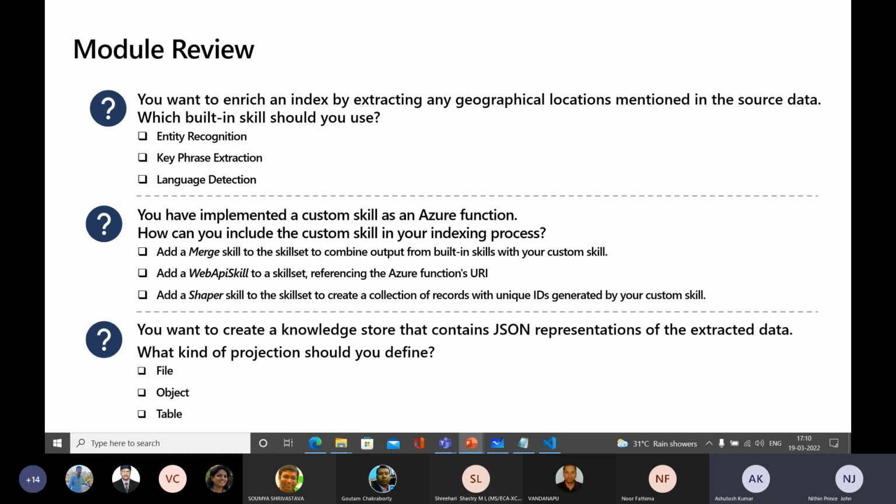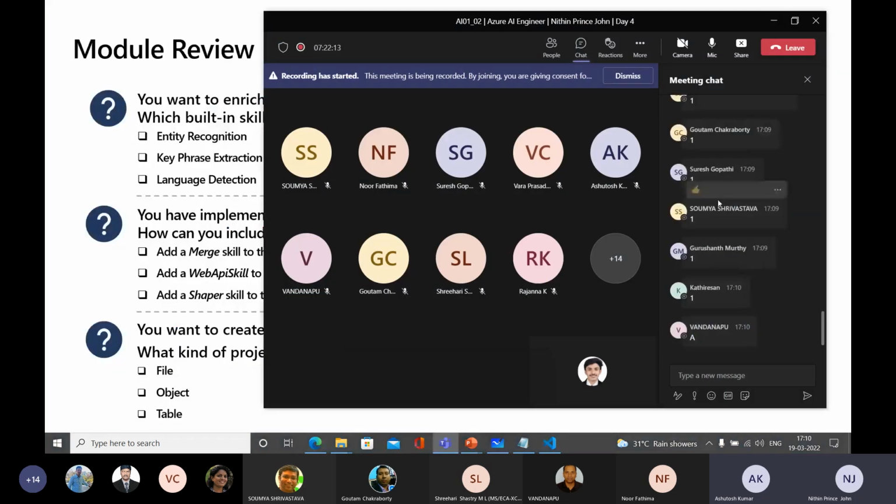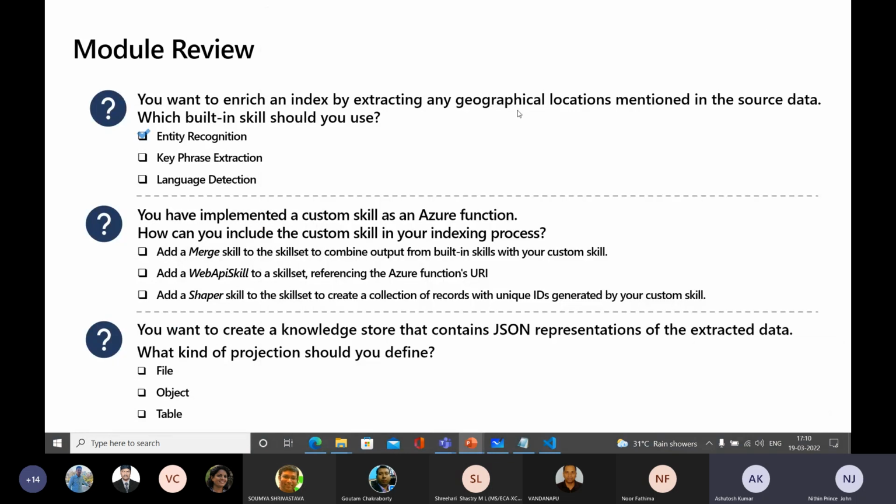When we are talking about entities, an entity can be the name of a person, the name of a location, a date, a time, or an organization name. Key phrases means the important points in that sentence. So which is the right answer? I have told up to this point. First one, right? Entity recognition is the answer. So the next question,